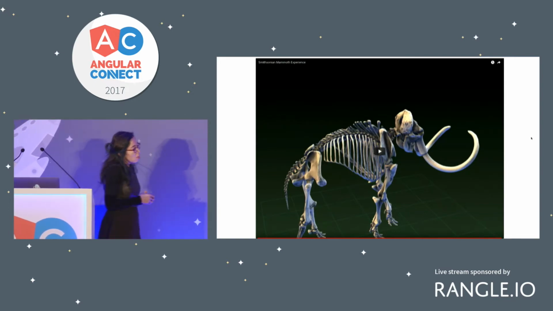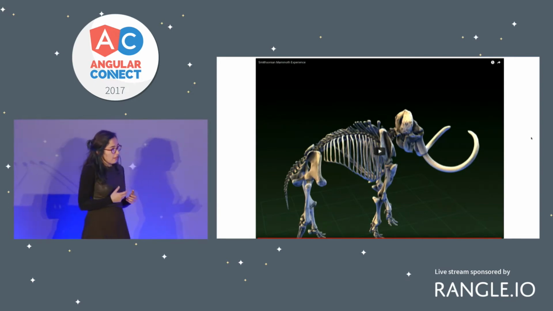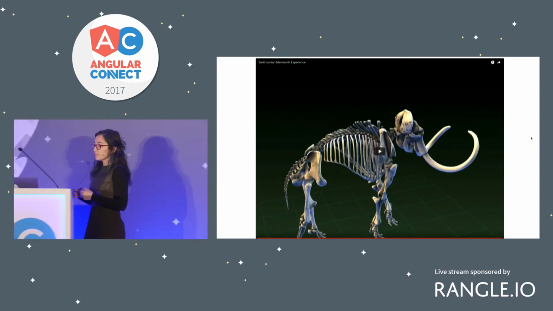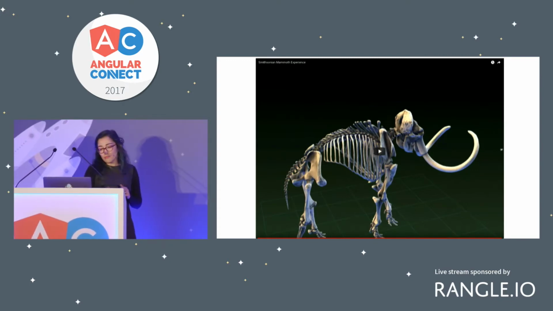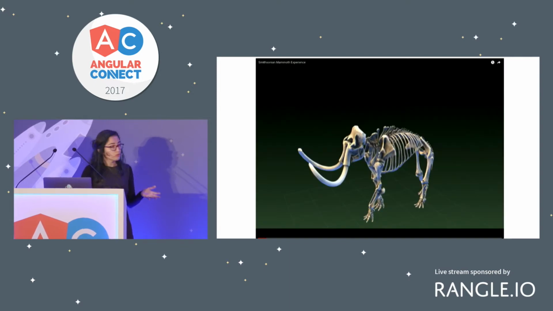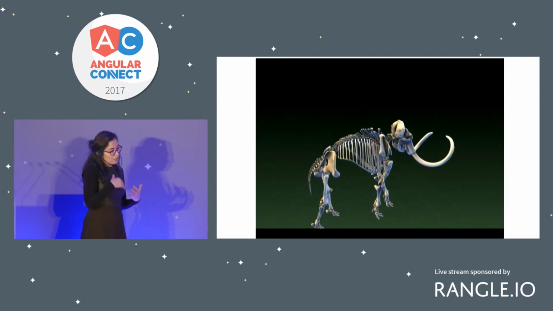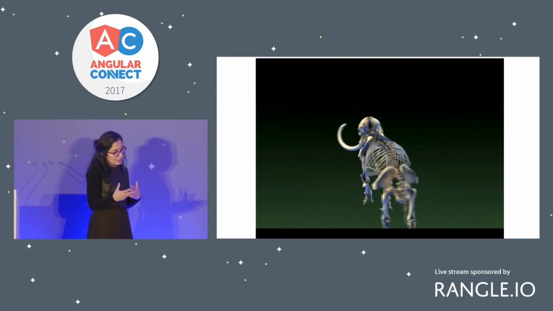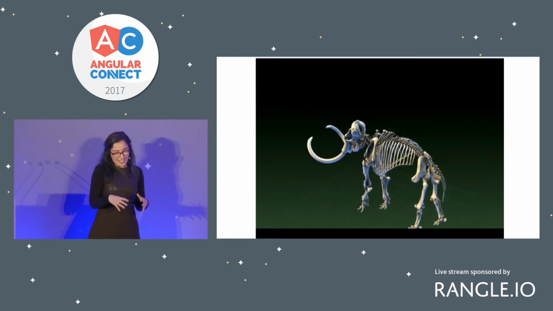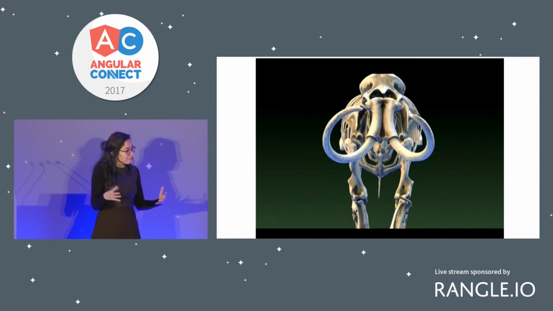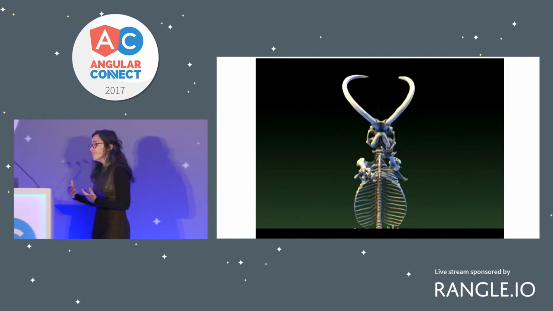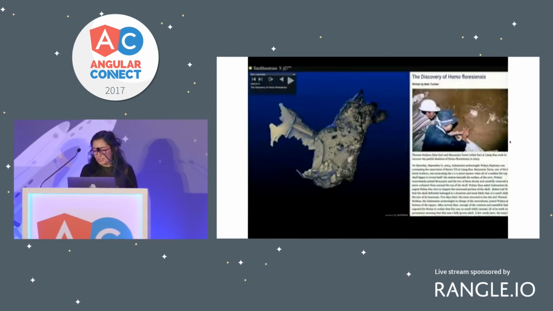But it's kind of not enough. It's a really different experience to just see and turn things around, versus being able to walk around this mammoth, make yourself small or big, interact with it, and be the animal that's actually going to be eaten by this animal. It's a very interesting experience.